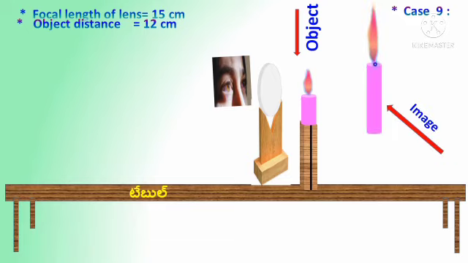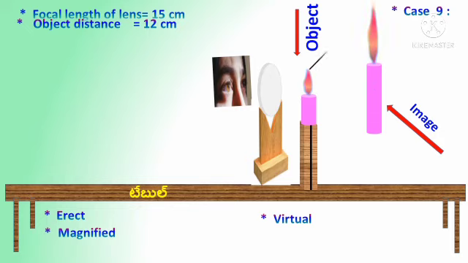Let us assume that we are the observer. Then we will find out the image on the object side only. The image characteristics: first one is erect, erect means as it is. Then next, magnified: the object is very small, the image is very large. Finally, virtual. Virtual means not clear. These are the characteristics of the last case.